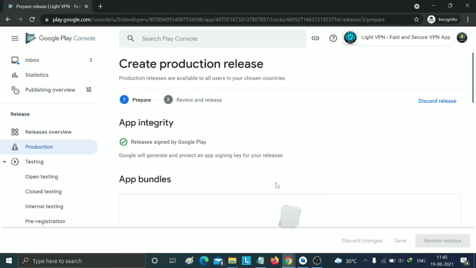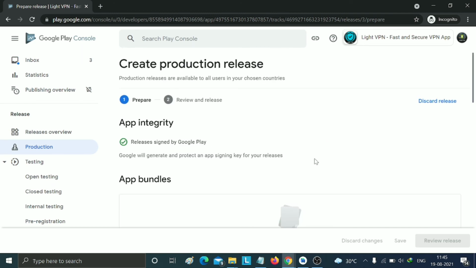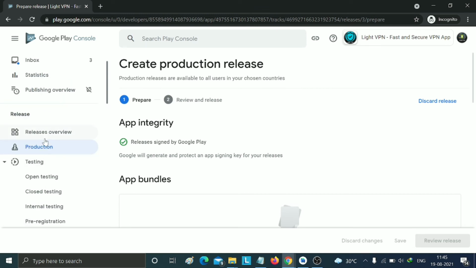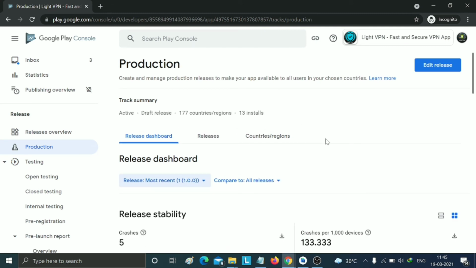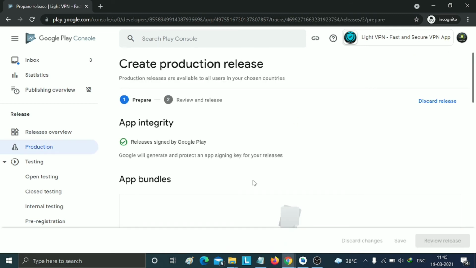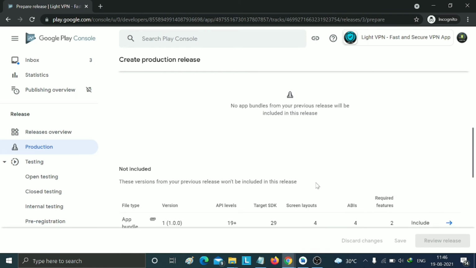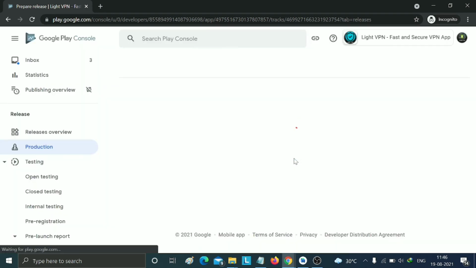If you have any other application and you want to add a subscription plan, then you just need to follow approximately the same process. Okay, if you get any error message, or if you have any doubt, question or query, then you can send me a message in the comment box. So just open this and edit release. Just click on edit release. You get this message, upload option. This is the upload option, and if you want to discard a release, then you can click on discard release. You can discard this file.